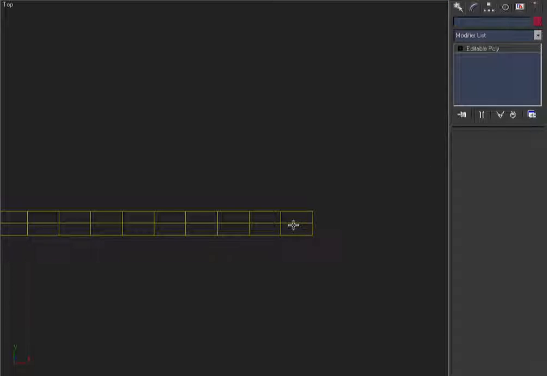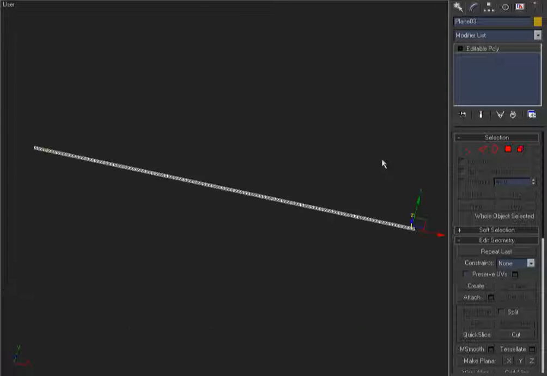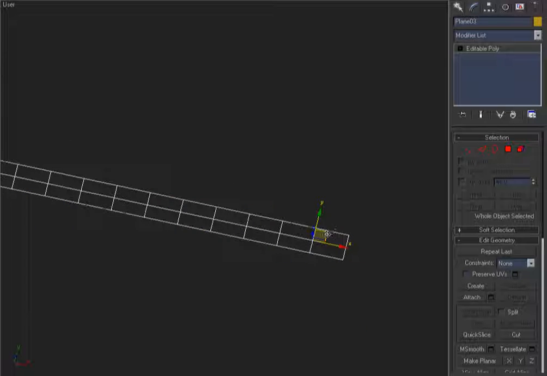So we've got our plane. Now this is going to be our cloth driver. Okay, this is going to be what's driving the simulation. The reason I put so many faces is it'll allow the sim to kind of work with some extra faces. Sometimes you can get it where